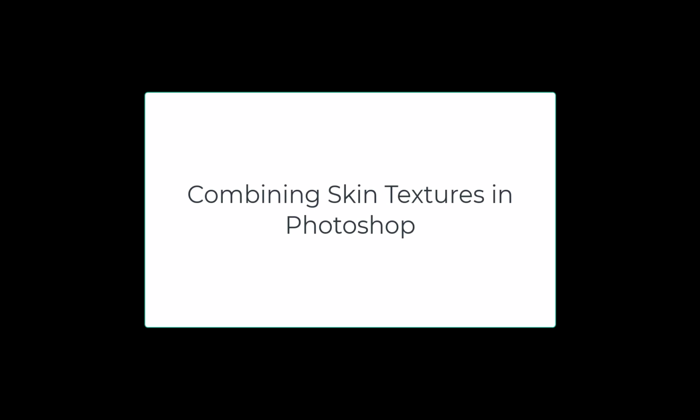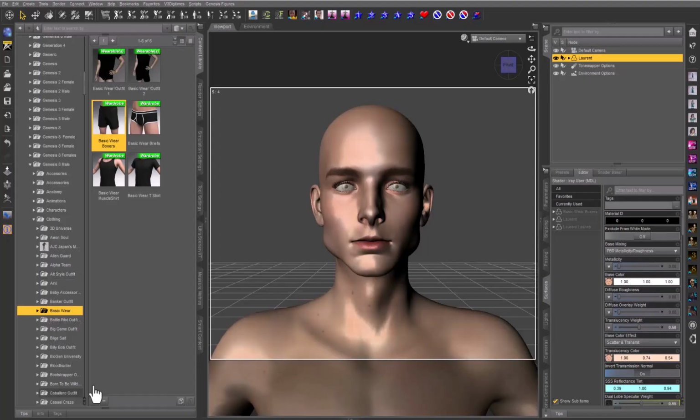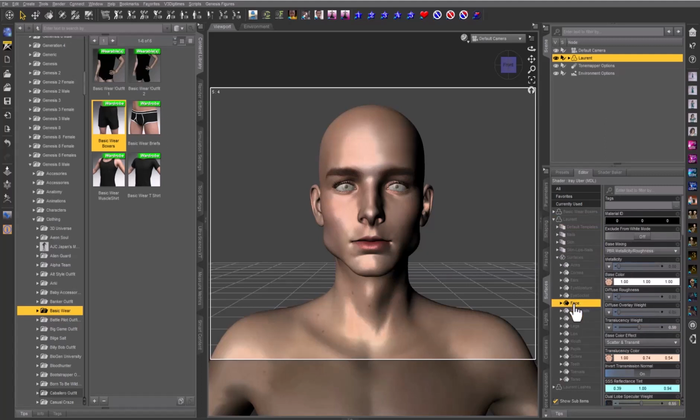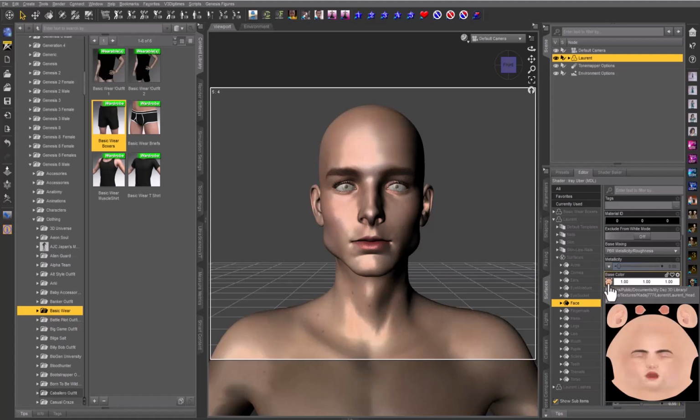We're going to start with Laurent, and the first thing you need to do is make sure that he is highlighted over in the Scene tab. Then go down to Surfaces, click on Laurent, and then go down. We're just going to do his face in this one, so just click on Face. If you look at Base Color, that's where the skin texture is, and all you need to do is click on that,